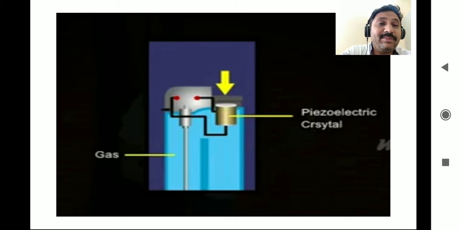Okay, this is the simple example of piezoelectric material, which is used in a number of places. In the hand watch also it may be used, because the quartz is continuously moving, and that keeps the clock running continuously. Okay, this is the example of the piezoelectric material that you have to remember.